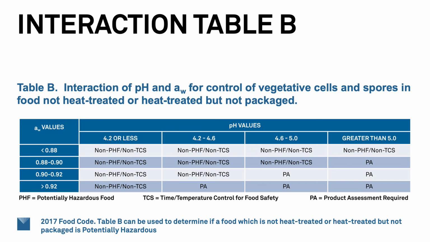But as we drop our pH, our water activity is able to increase. If you go all the way over, if we're able to drop it below 4.2, we can have a water activity of up to 0.92. So this is really powerful stuff, because if you have a sauce, let's say a ketchup or something like that, if you could drop the pH, and generally those types of sauces do, with the vinegar in them, then you actually can have a higher water activity allowed for that product because the acid is increased.